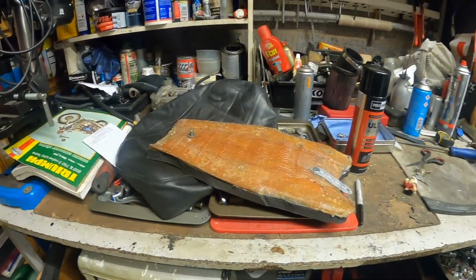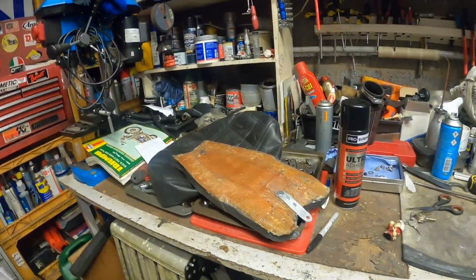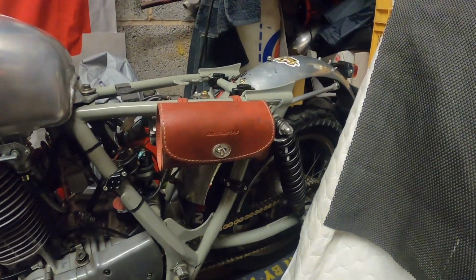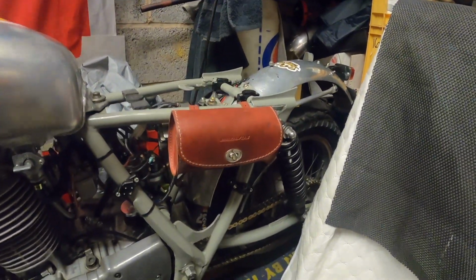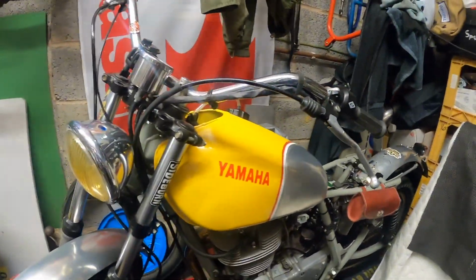So, we're in the process of, as I say, building up the foam and shaping that, and then we'll put the original cover back on, all being well. So that's where we're at the moment. Yeah, I've put a little tool bag on, not ridden it with that on yet, so we'll see. The side panel fits behind that, and I'll show you before we take it for the first ride. So yeah, fingers crossed, everything's going to be